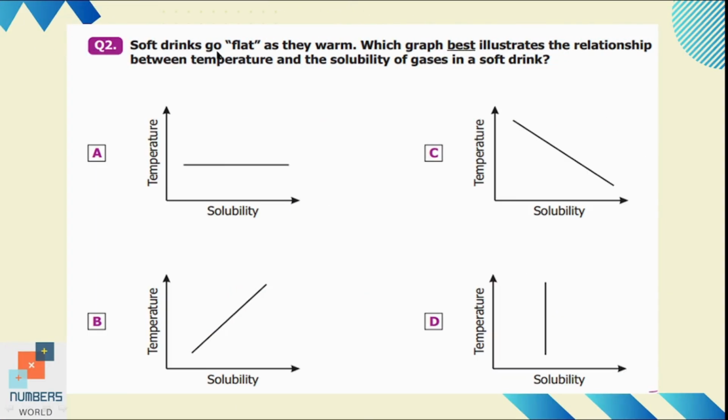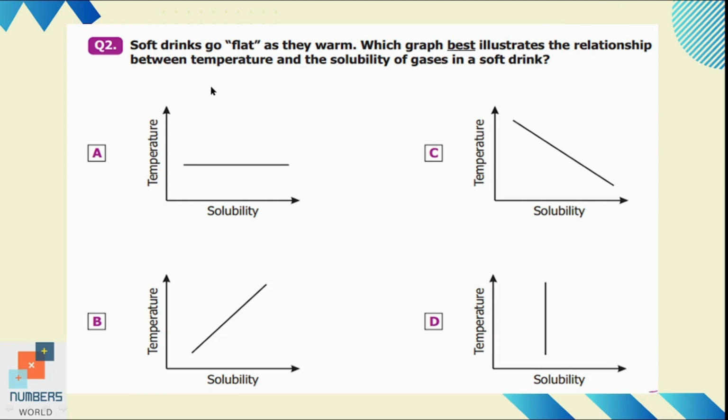Question number 2. Soft drinks go flat as they warm. Which graph best illustrates the relationship between temperature and the solubility of gases in a soft drink? So, when the temperature of the soft drink is high, like the soft drinks are warm, the solubility of the gases is low. And when the temperature is low, like soft drinks are cold, the solubility of the gases is